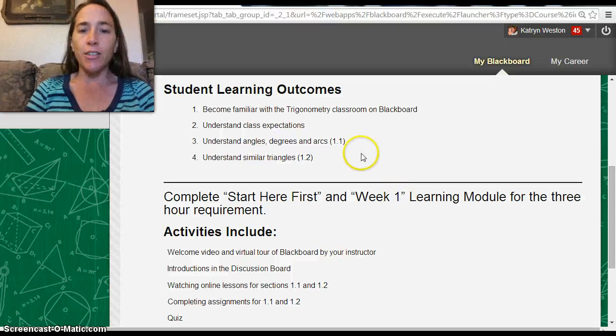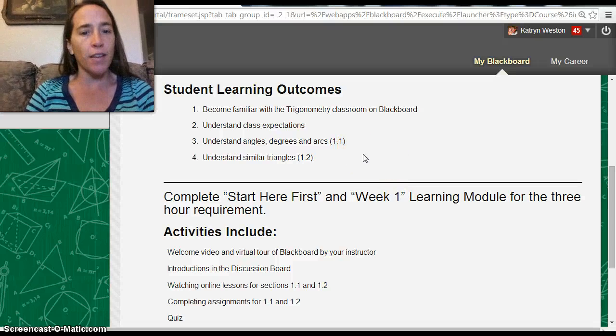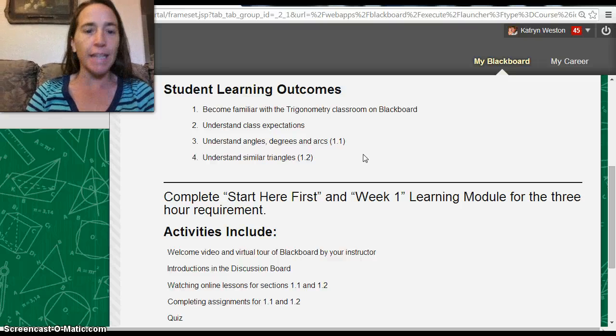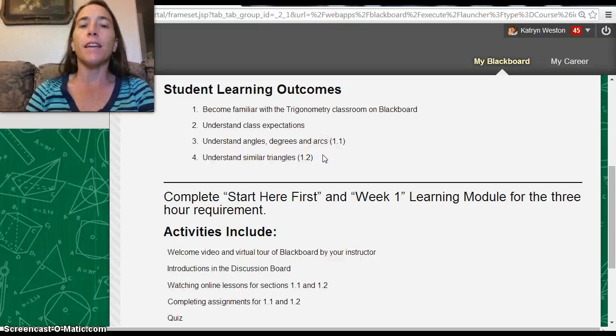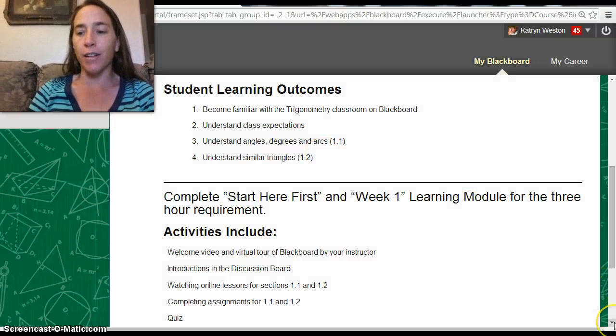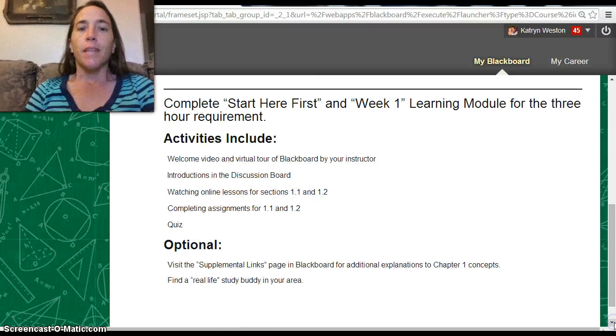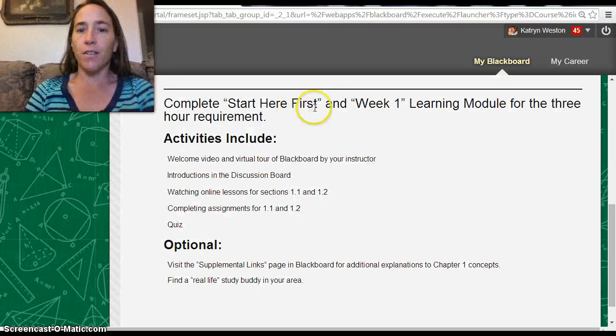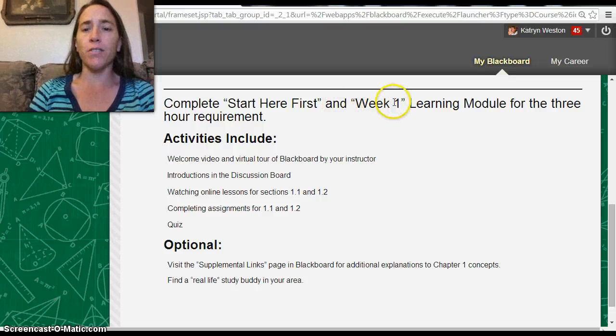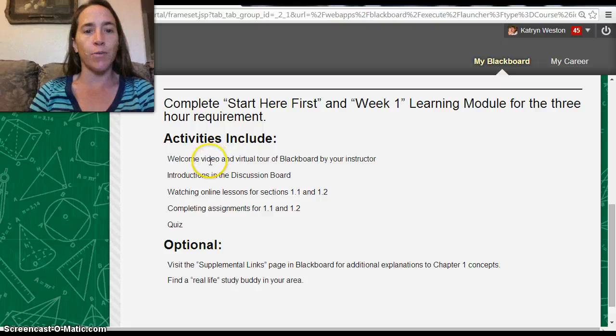Well, in section 1.1, the big idea is, do I have a good grasp on degrees and arcs and angles? And then in section 1.2, am I understanding similar triangles, and do I know how to apply Euclid's theorem? You'll see that later this week. I want you to complete the Start Here First learning module. I want you to also complete the week 1 learning module, and the activities that are included are the welcome